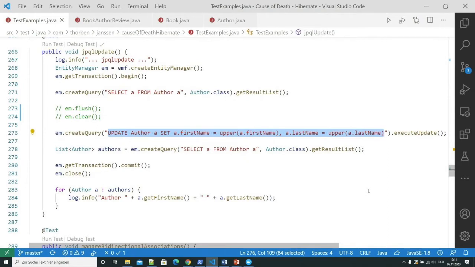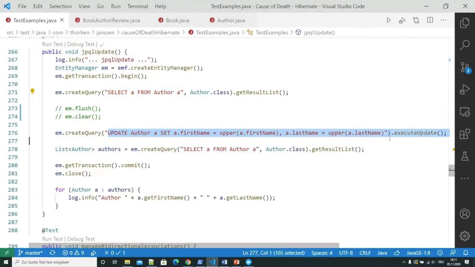With Hibernate and all other object relational mappers, most developers say, okay, we just select all the authors that we need to change, and then we call the setter method to actually change the attribute value of that entity object, but that results in an SQL update statement for each and every entity object that you changed. So if you're fetching 100 entities and change their first name, then you trigger 100 SQL update statements, which will have a horrible performance.